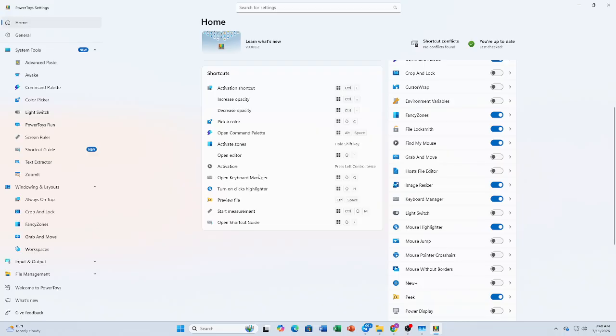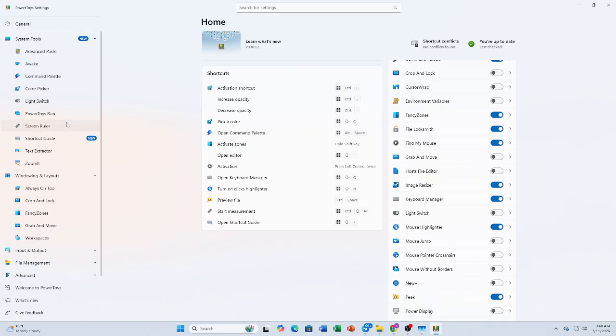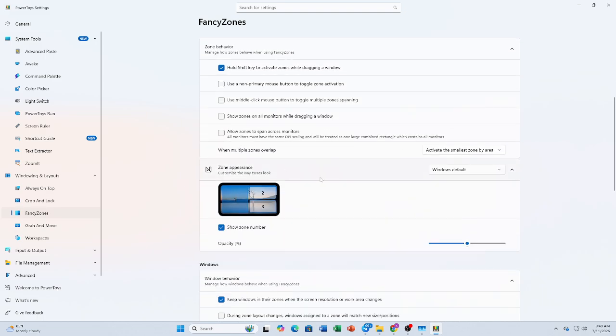This makes it much easier to work with multiple windows at the same time without constantly resizing or rearranging them manually. If you ever want to change your layout, just reopen the Layout Editor and select a different preset or customize your existing zones. FancyZones remembers your settings, so your preferred layout is always ready when you need it, and